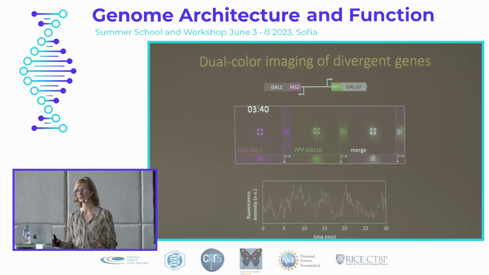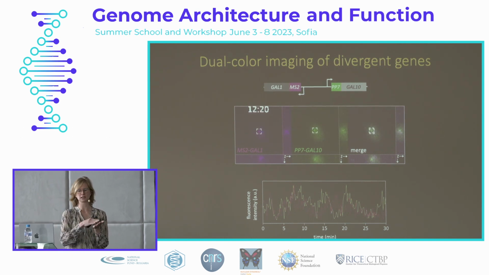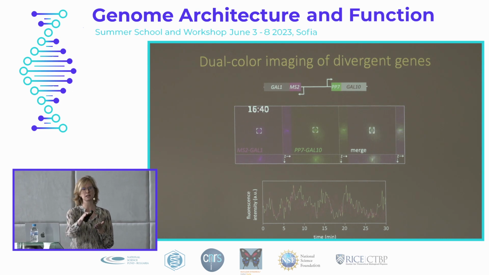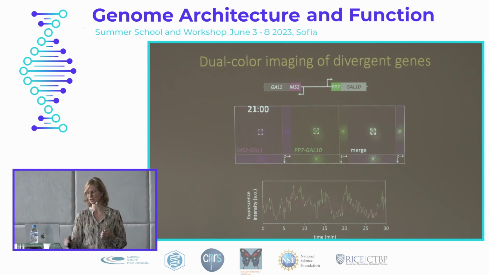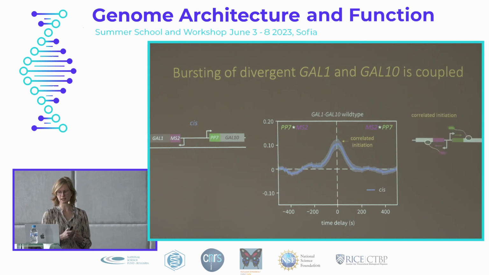So to unbiasedly analyze this data, we used a cross-correlation function, which correlates these two signals and then shifts them with different time delays to see what the correlation is at different time delays. So this is what the cross-correlation function looks like for GAL1 and GAL10. We see there's a peak at a time delay of 0, and this decays to 0 correlation at roughly -100 and +100 seconds, and this is about the time that these genes burst. So what we think is that these genes show correlated initiation, and then they transcribe both these genes, and after that their transcription is uncorrelated.